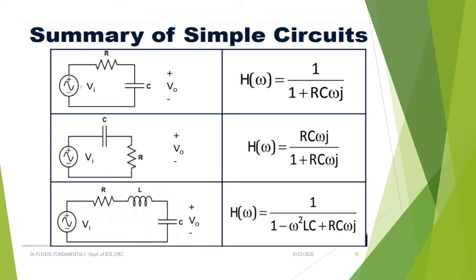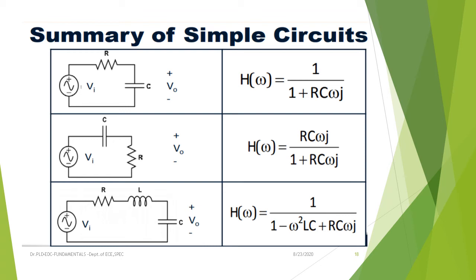Already in the last circuits we came across that the current flowing through the capacitor is I equals C dV by dt. The voltage drop across the capacitor is V equals 1 by C integral of I dt. First you have to write the equation. Drop across the capacitor, in this case V naught, is equal to 1 by C integral of I dt. Okay, 1 by C integral of I dt is actually the voltage drop across the capacitor.